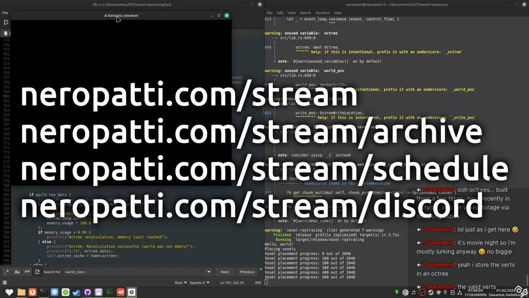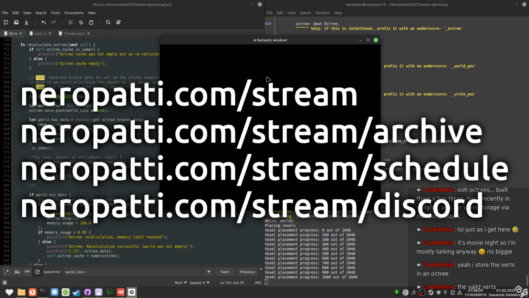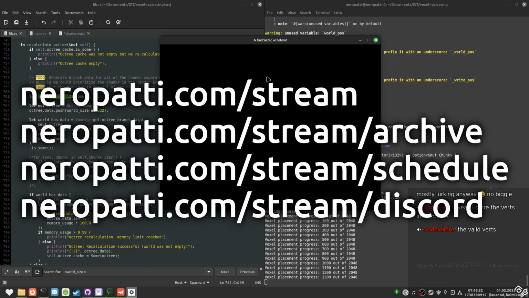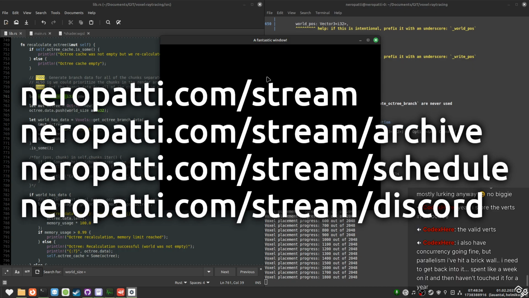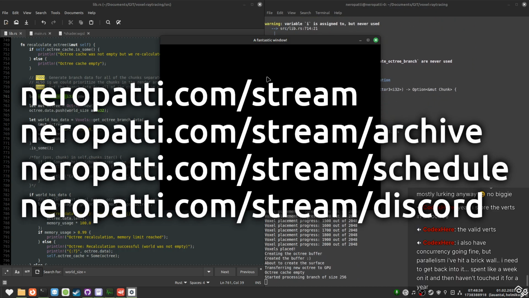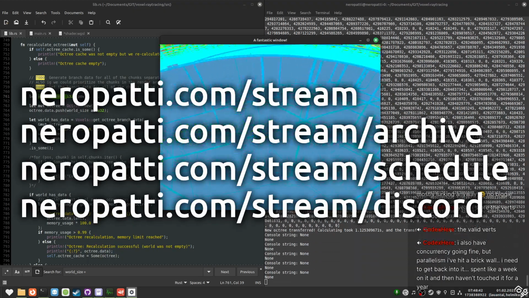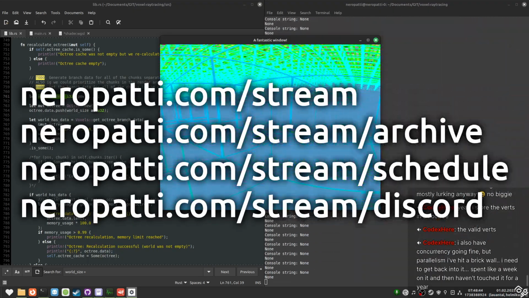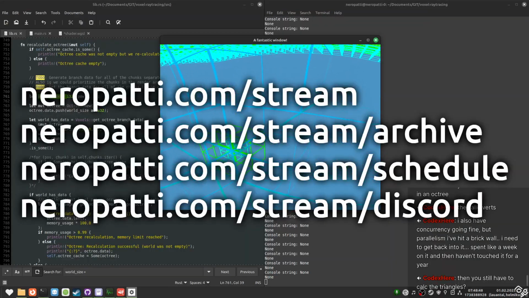I mean, I don't store vertices. I just store the voxels, if that makes sense. Yeah, that's fair. Also, I have the debug render now as well. So these cubes you see are octants. I'm not doing triangles.